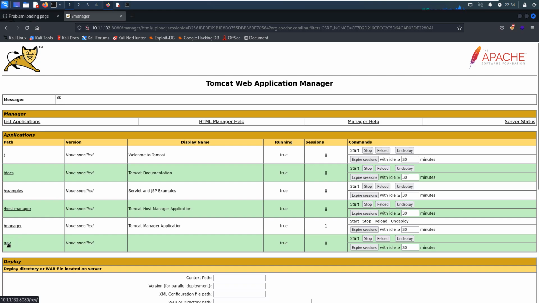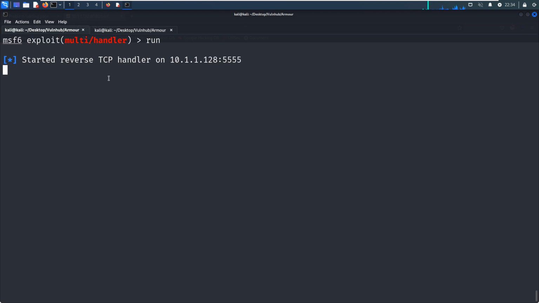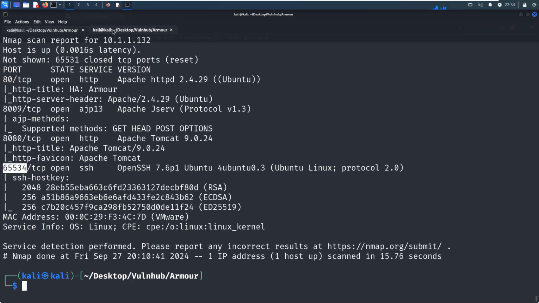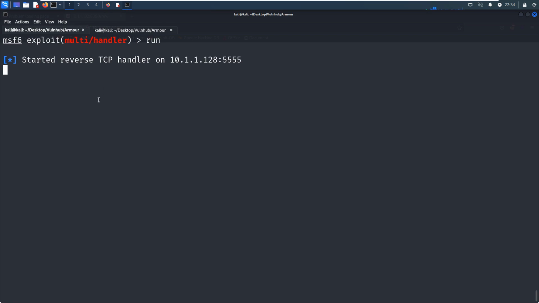So now we can access it, but nothing happened. Very weird. What's happening here? The handler has started, right?